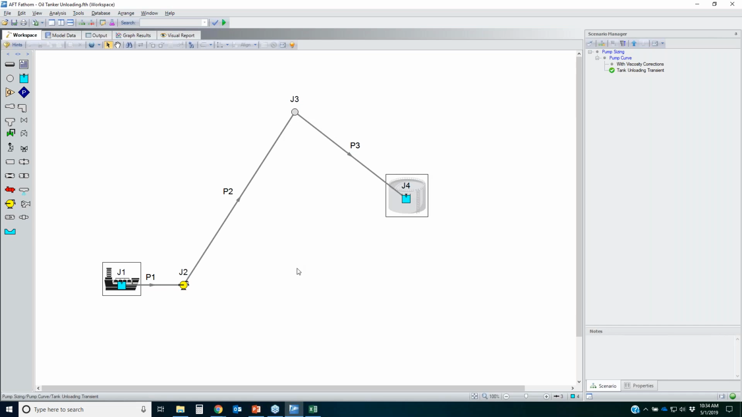The next thing that I want to do is set up my tanks. So after you turn on XTS,